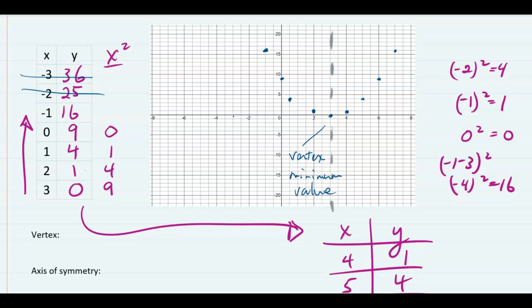And this time it looks like the axis of symmetry is when x is 3. And so I'm going to write that here, x equals 3. That's a vertical line equation. And the vertex this time occurs right here at 3, 0. You'll notice that the axis of symmetry equation pulls its x value from the x value of the vertex. So if you write the vertex coordinates for a parabola, you can quickly write the equation of the axis of